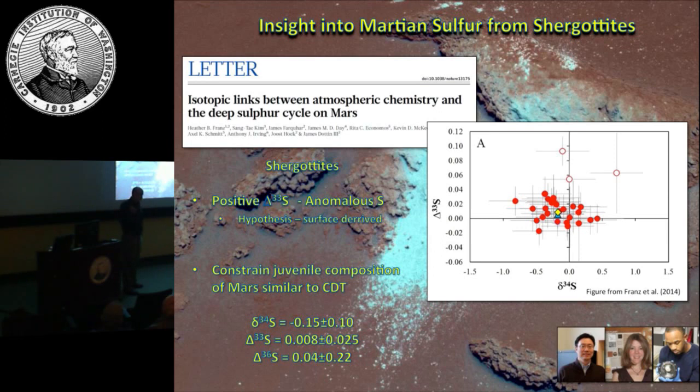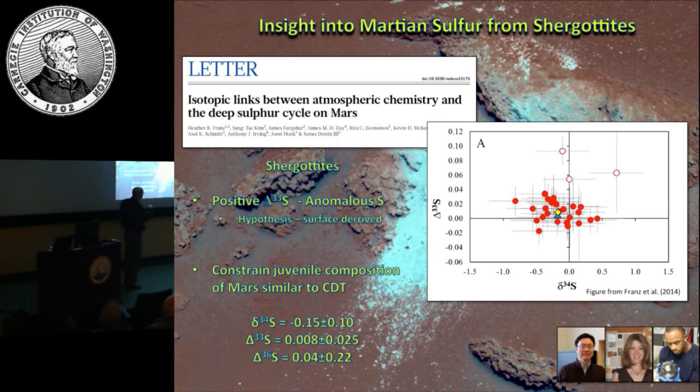It's very small, but it's present, and it's interpreted to reflect the incorporation of surface-derived sulfur into the Shergottites at the time, or in the time when they were either transported or placed at the surface. It presently is as sulfide, and we'll come to an argument that suggests that it probably started as sulfate, so it probably was reduced in the melt. So that's one piece of information that was found from this.